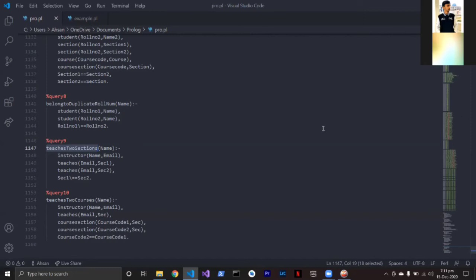Now we will jump to our even number of queries. For even number of queries, I would like to call my groupmate, my partner Rizwan Habib. He will tell further the even number of queries. So, Rizwan.